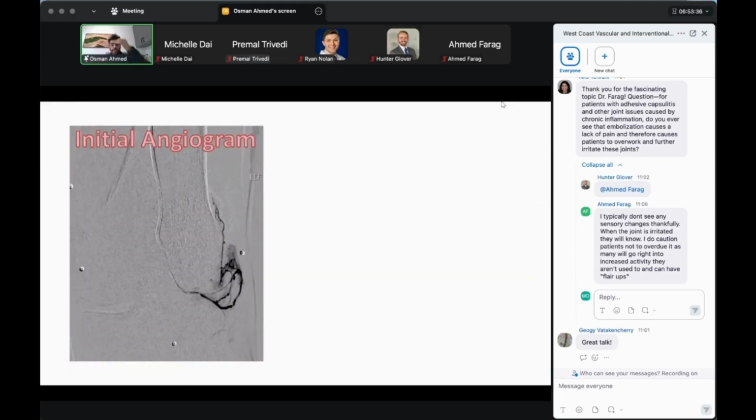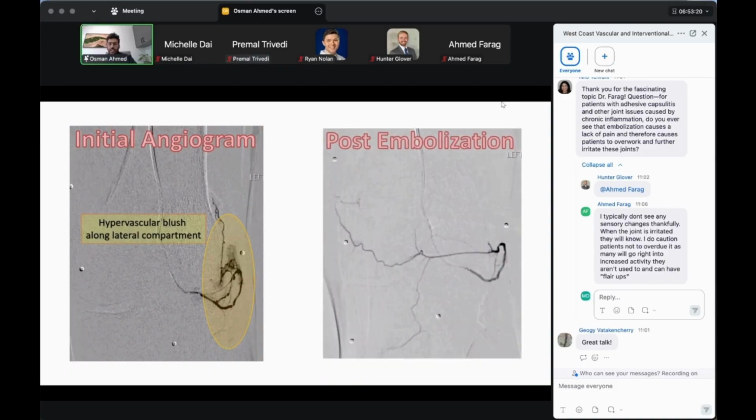And this is what this looks like. Here's an initial angiogram. This is actually the inferior lateral genicular artery. So this goes to the lateral compartment of the knee. And you see this blush staining, kind of looks like a Monet painting there. And that's what we're looking for. Those are what we consider the abnormal neovessels. And this is what it's supposed to look like post-embolization. So you can see here, we've gotten rid of a lot of that blush, but we've preserved the normal artery. So the goal is to not knock out the whole artery, but just to get rid of those neovessels.